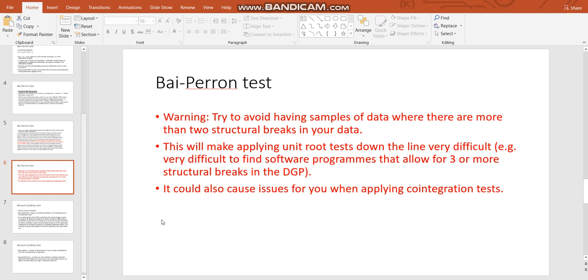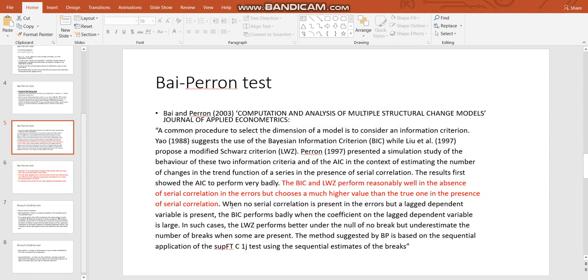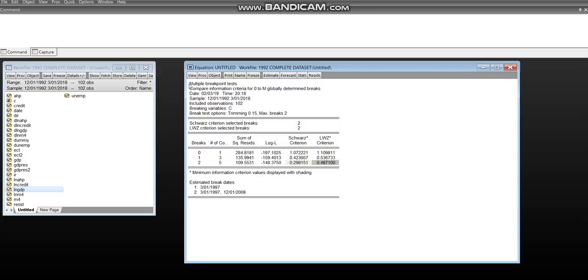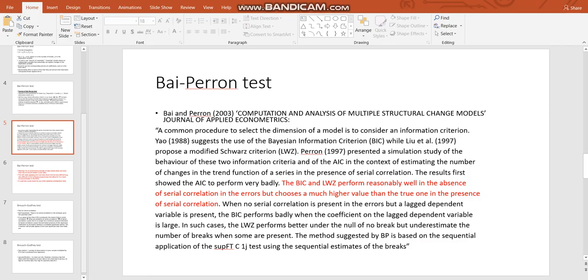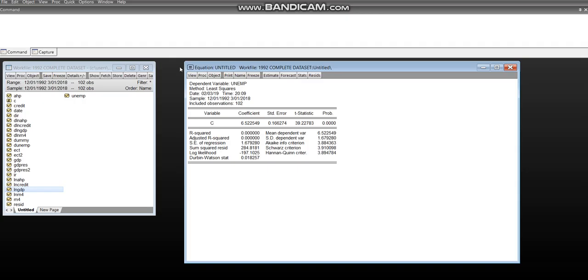Now, as I said in the previous video, if we have a least squares regression of our variable, in my case it's the unemployment rate, and we regress that on a constant and it suffers from serial correlation, well, that's going to cause problems for us because it means that the test is going to select a significantly higher number of structural breaks than is actually present in the data generation process of your variable. So in order to solve that issue,